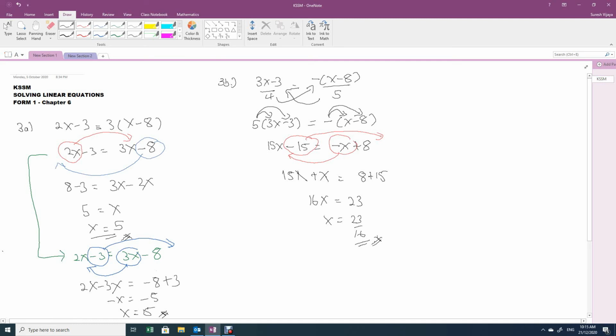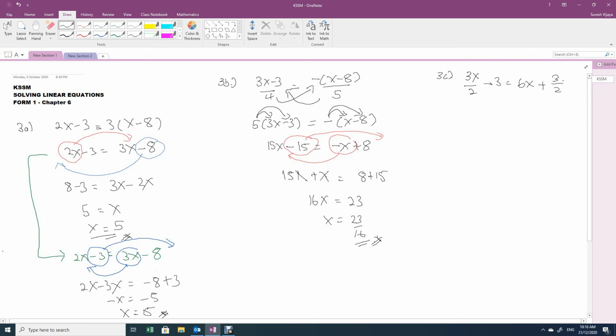Okay, so let's do one last question. Let's say we have a 3c and the question is drafted as such: x divided by 2 minus 3 equals to 6x minus 3 over 2. For such a question,